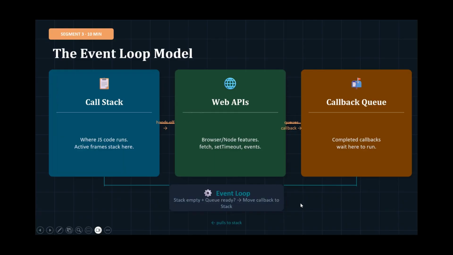When you call fetch, JS hands it off to the web API layer and immediately moves on. The network request happens in the background. When a response arrives, a callback is placed in a queue. The event loop watches both. Is the stack empty? Is there something in the queue? If both are true, it pulls the callback onto the stack and runs it. That's the whole model